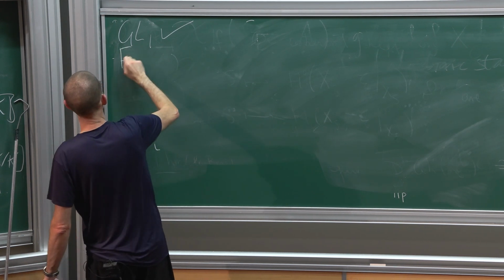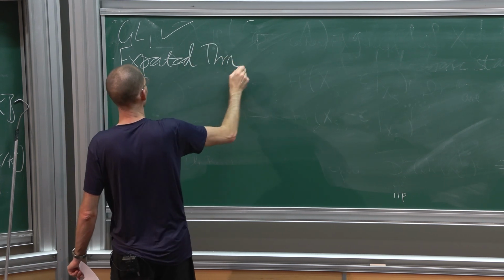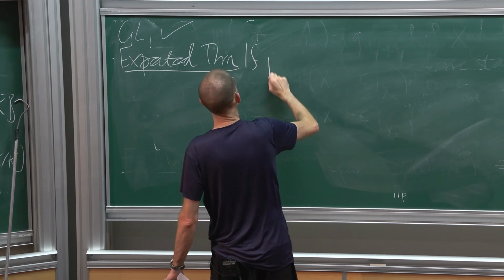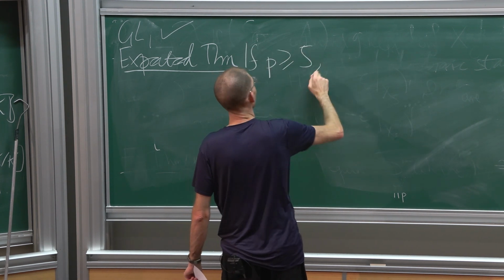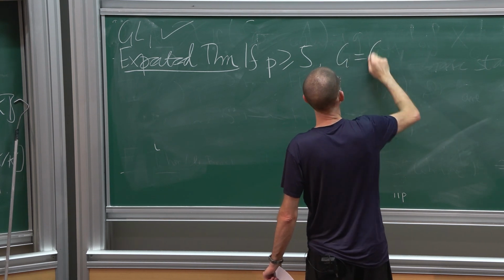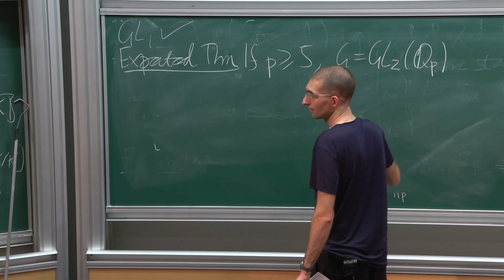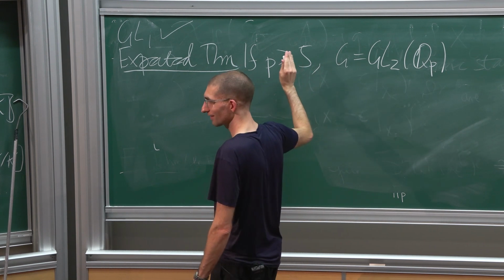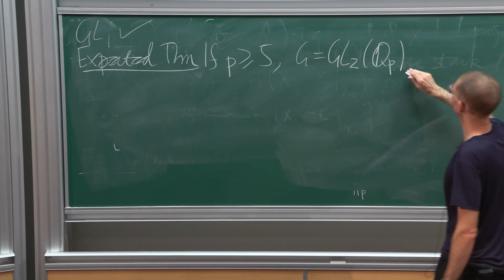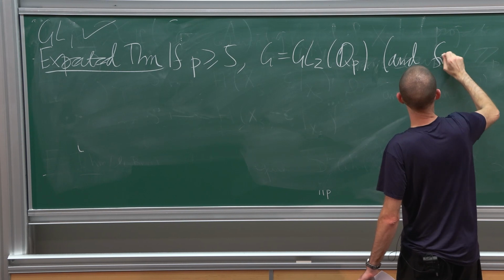And then what I should call an expected theorem, though we're some way into writing it up, is that if p is greater than or equal to 5 and G equals GL2 of Q_p, and we consider the case of fixed determinant,